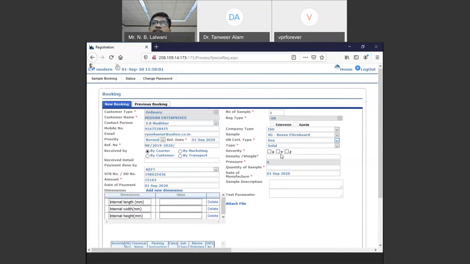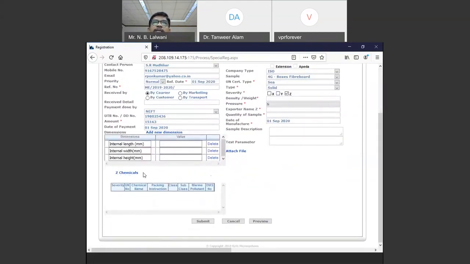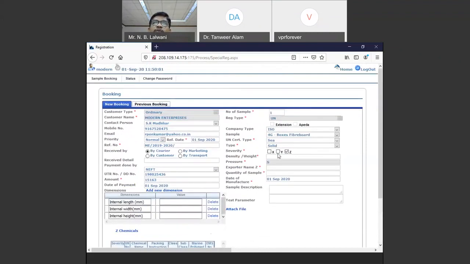There are different points, I think 16 points will be there, and one of the points is transport information. Within the transport information, you will find the UN number and packing group, all those things. The packing group corresponds to the severity. Suppose packing group 1 is X, packing group 2 is Y, and packing group 3 is Z. If he is going to export packing group 3, then you have to click on this Z. When you click on this Z, the Z chemicals come here. If he is going to export 2 different chemicals, Y and Z, then you can click on this Y and Z, both will appear here.